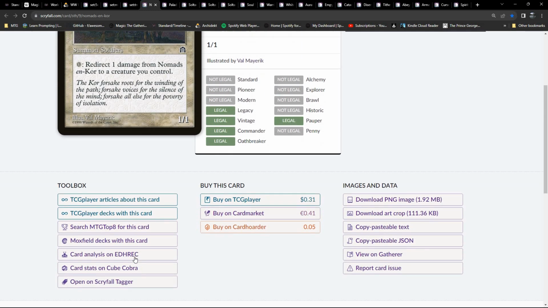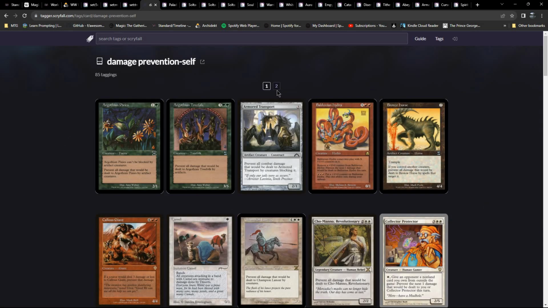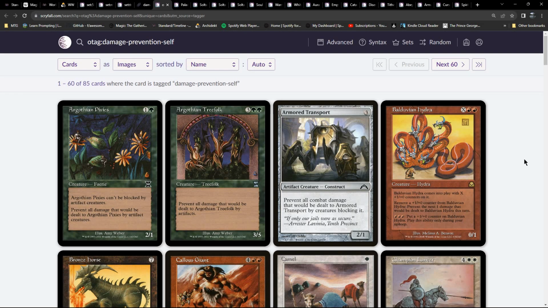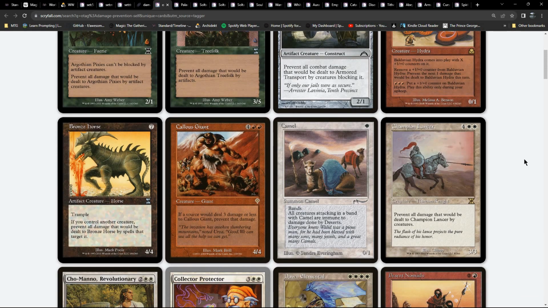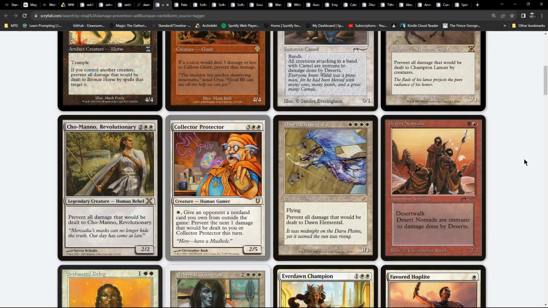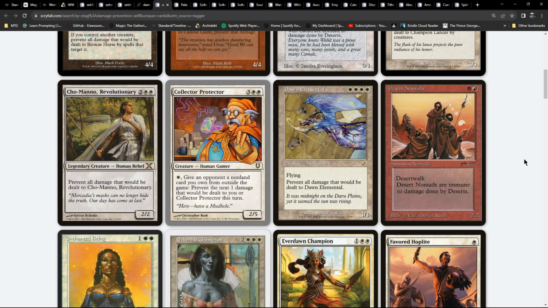Okay. Damage Redirection. Damage Prevention Self. Let's look at that. So a number of cards that have that on them. So these are cards that specifically restrict or prevent damage to themselves. You can see with the ones there,